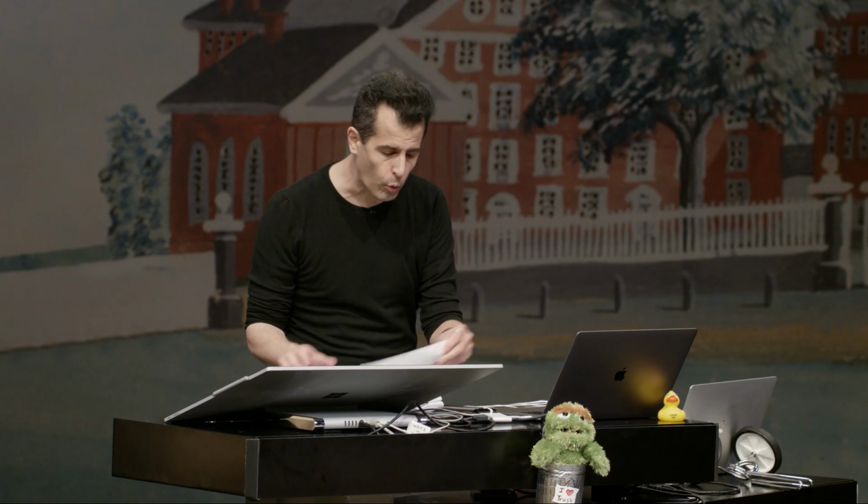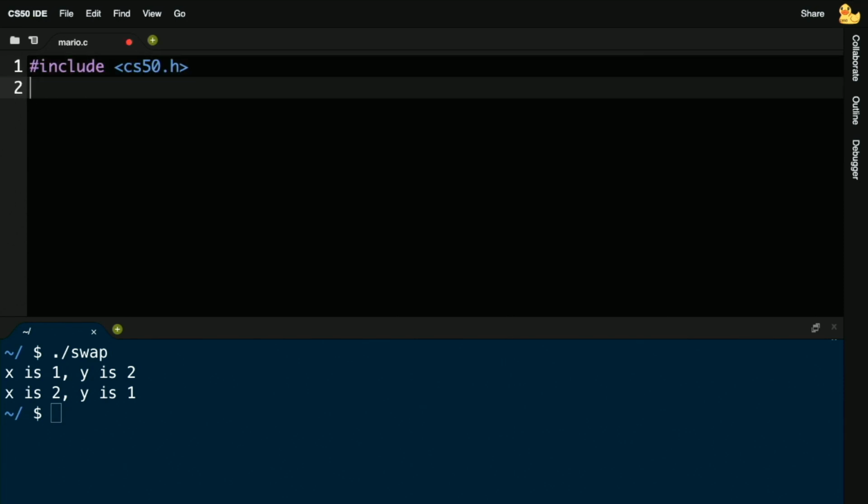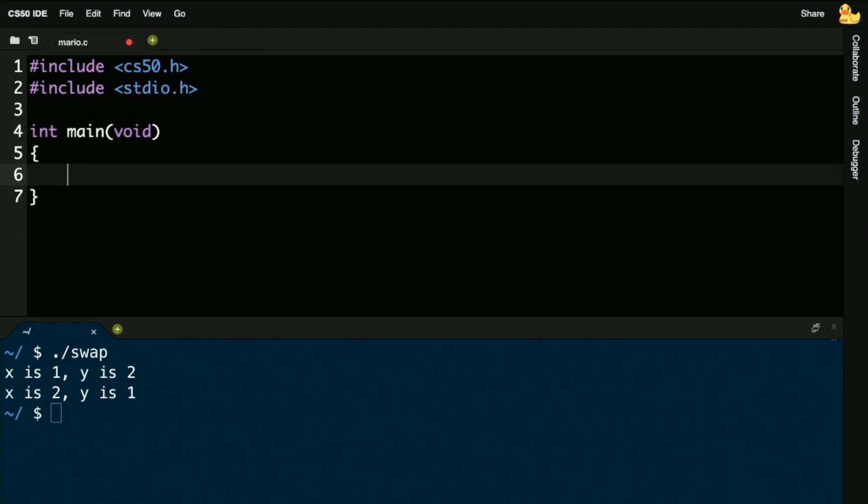And in fact, let me go ahead and whip up a quick solution that does exactly that. Let me call this mario.c. I'm going to include cs50.h so we can use one of our get functions, and stdio.h. And I'm going to do int main(void). All I want to do is print out this pyramid, but I want to ask the user for the height. So I'm going to say int height equals get_int, and we'll ask the user for the height, just like you did for problem set 1.